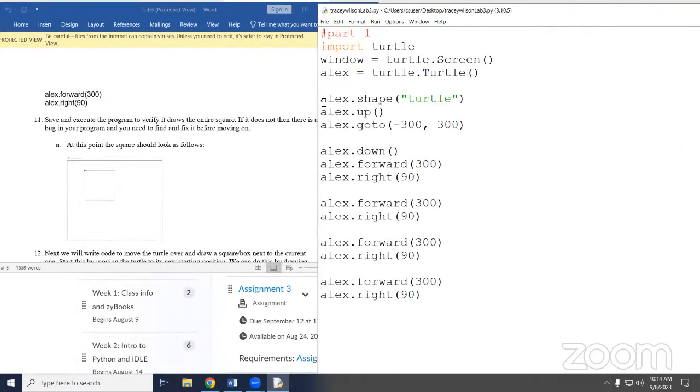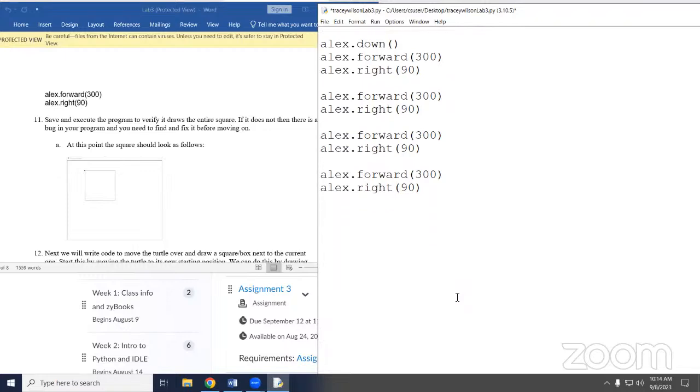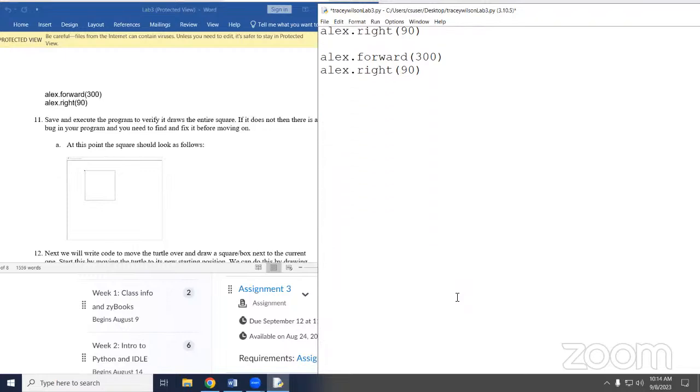And if you decide your turtle's drawing too fast, you can look up the speed function and you can make your turtle draw slower where you can watch him. Or you can make your turtle go even faster if you don't want to watch it. Speed racer. You can be a speed racer, yes. And the reason I tell you that is because when we do our first project, which is coming up relatively soon, you might want it to draw faster where you don't have to sit there and watch it after the 4th or 5th time through.